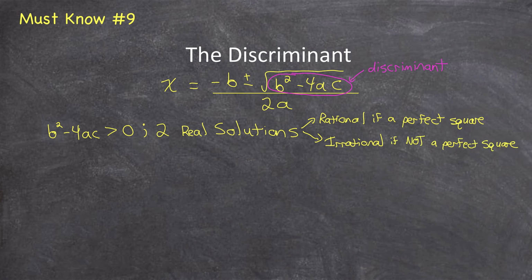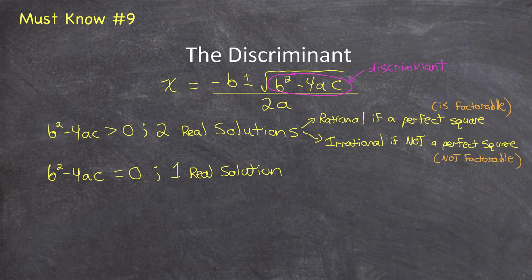Another useful tip is that if b squared minus 4ac is a perfect square, that also indicates that the quadratic is factorable. But if b squared minus 4ac is not a perfect square, then you know the quadratic is not factorable. If b squared minus 4ac is equal to 0, you will only get one real solution to the quadratic